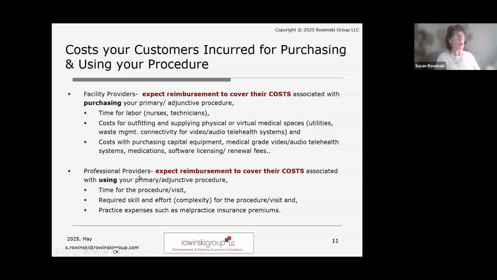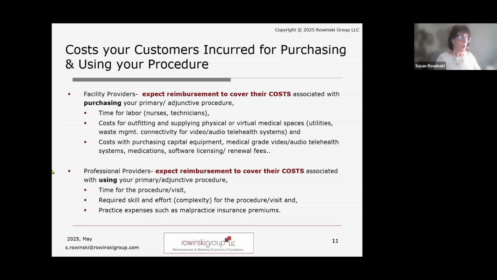If we look at the professional provider, that is, these are the physicians, the PAs, counselors, dietitians, they expect to be reimbursed to cover their costs associated with using your primary or adjunctive procedure. So the facility provider is purchasing, but it's the professional provider who is using and expects to be reimbursed for their costs. Well, what are their costs? Their costs is the time that they have logged in, or the time that they have incurred for the procedure or the visit that was associated with using